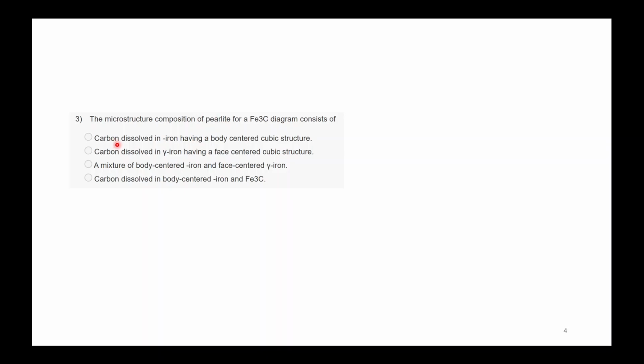Your options are carbon dissolved in BCC iron, carbon dissolved in gamma iron having FCC structure, a mixture of body centered iron and face centered gamma iron, or carbon dissolved in body centered iron and Fe3C. So we know that perlite is a phase mixture of BCC iron and Fe3C. So the answer will be